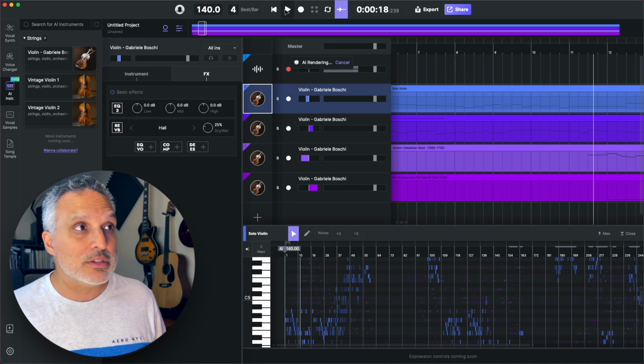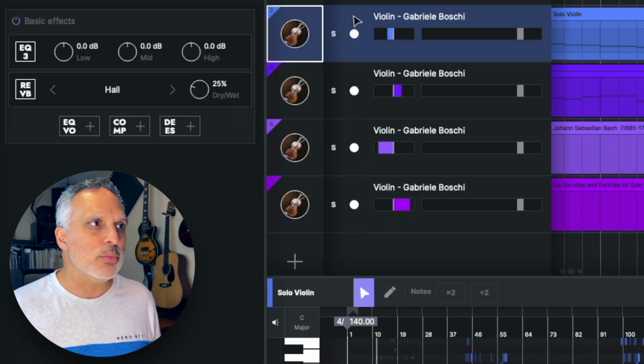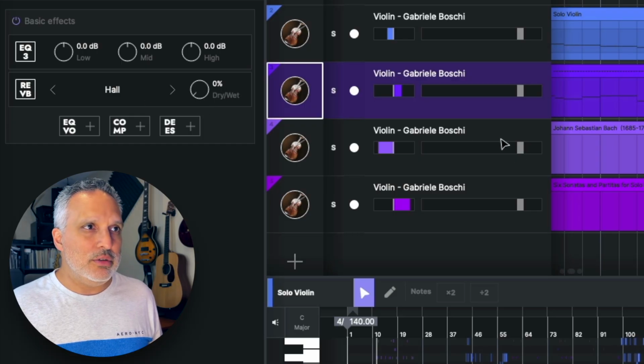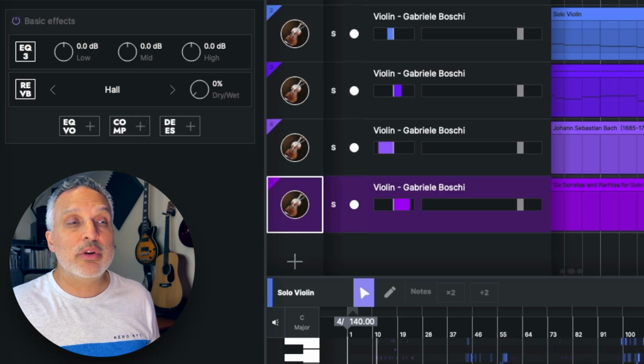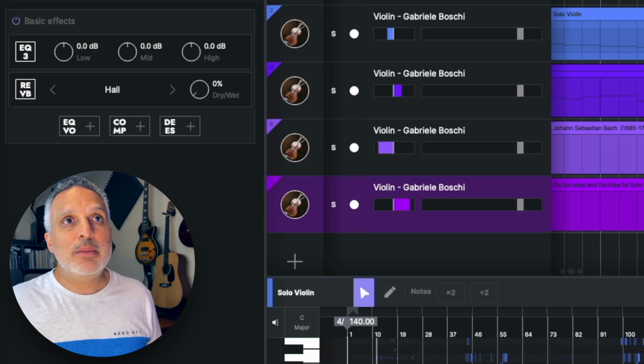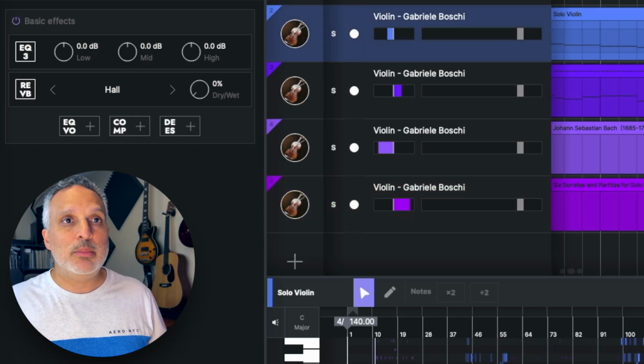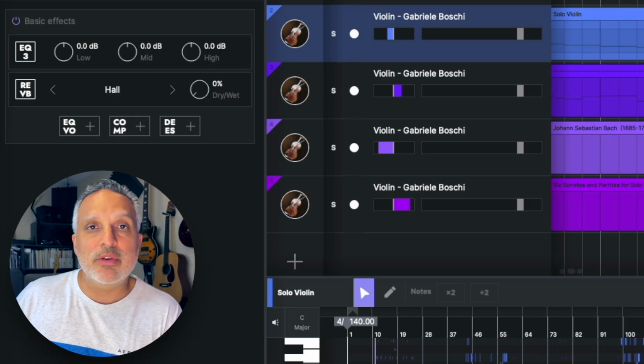You know what? As long as I'm here, we should also try 0%, just in case there's people out there who might want to use this violin, but be able to either put their own reverb on it, or they just want a very dry effect. Let me go ahead and hit play on a 0% reverb of the same piece.